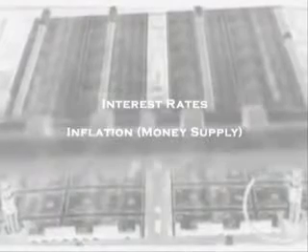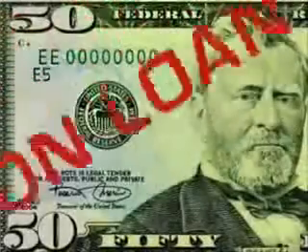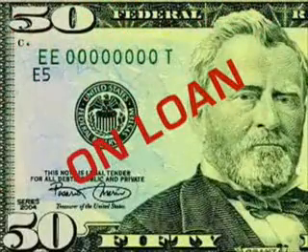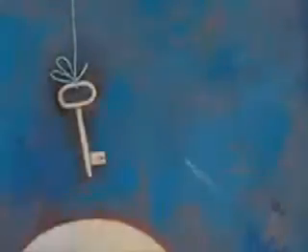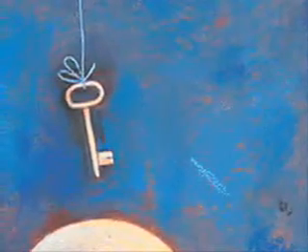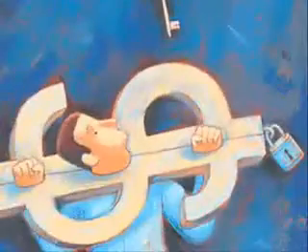So what is a central bank? A central bank is an institution that produces the currency of an entire nation. Based on historical precedent, two specific powers are inherent in central banking practice: the control of interest rates and the control of the money supply, or inflation. The central bank does not simply supply a government's economy with money, it loans it to them at interest. Then, through the use of increasing and decreasing the supply of money, the central bank regulates the value of the currency being issued. It is critical to understand that the entire structure of this system can only produce one thing in the long run: debt.